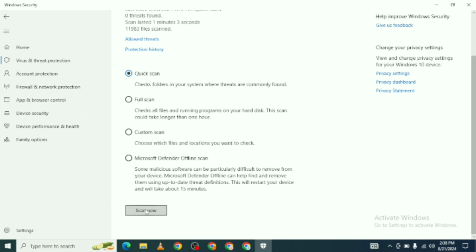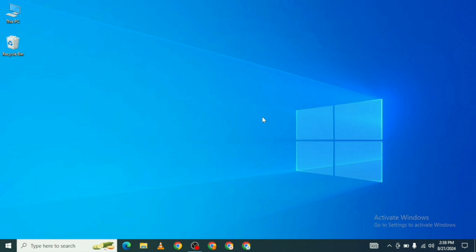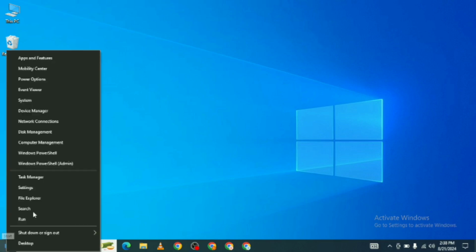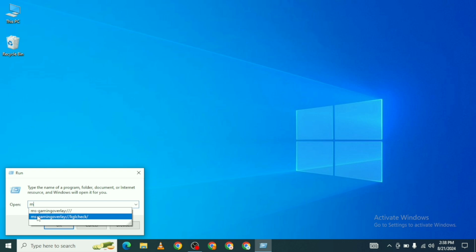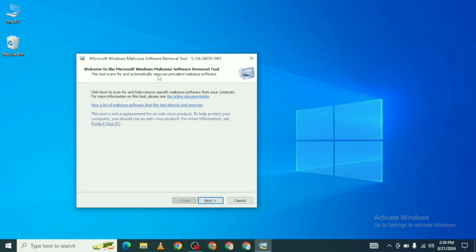Once it gets complete, you need to come back to the same page and run Microsoft Defender Antivirus, and let it run. Once it gets completed, next you have to right-click on your Windows icon again and click on Run. Now type here MRT. Once you have typed, click on OK or hit Enter. This is a free and the best program of Microsoft Windows, the Malware Removal Tool. Once this box is up,